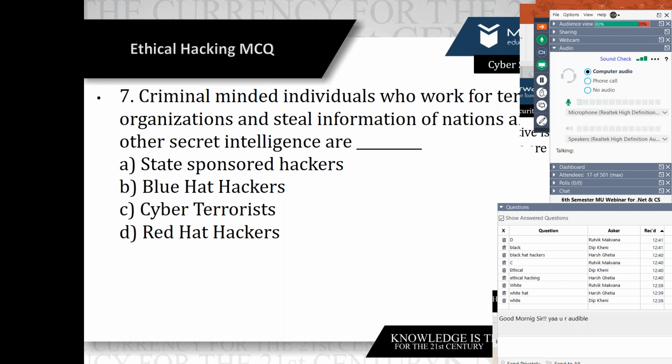Why cyber terrorism? They have an expert level of programming and are doing cyber criminal related activity. That is malicious activity. So that is why the answer is C. Cyber terrorist, because there is a two-term confusion for the intelligence secret message. So someone might answer A, but the actual answer is C. Cyber terrorist.